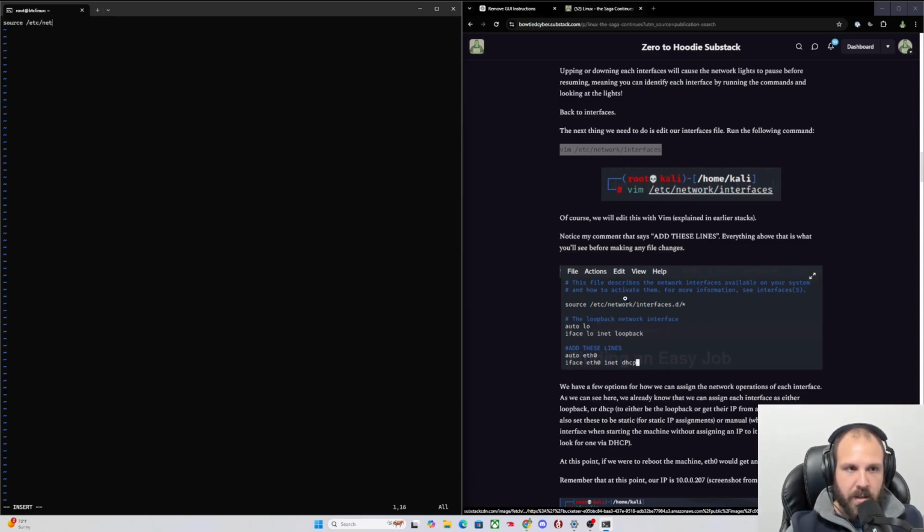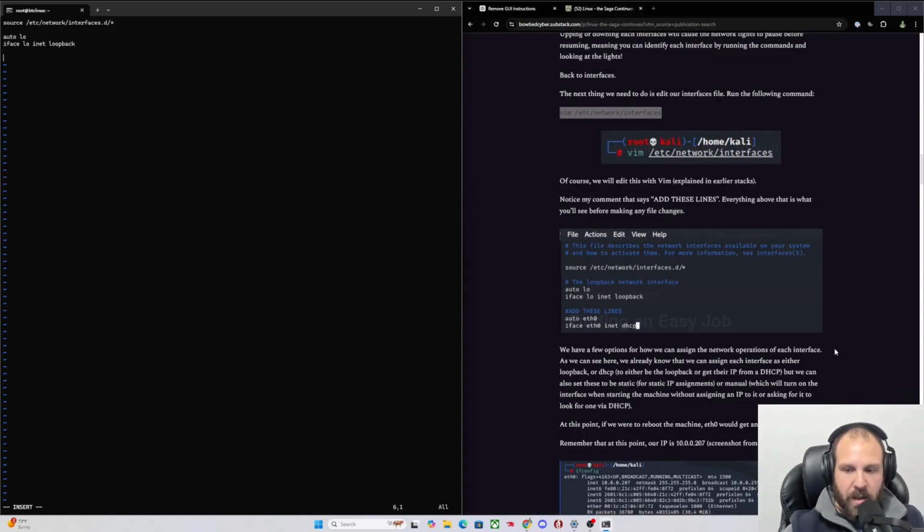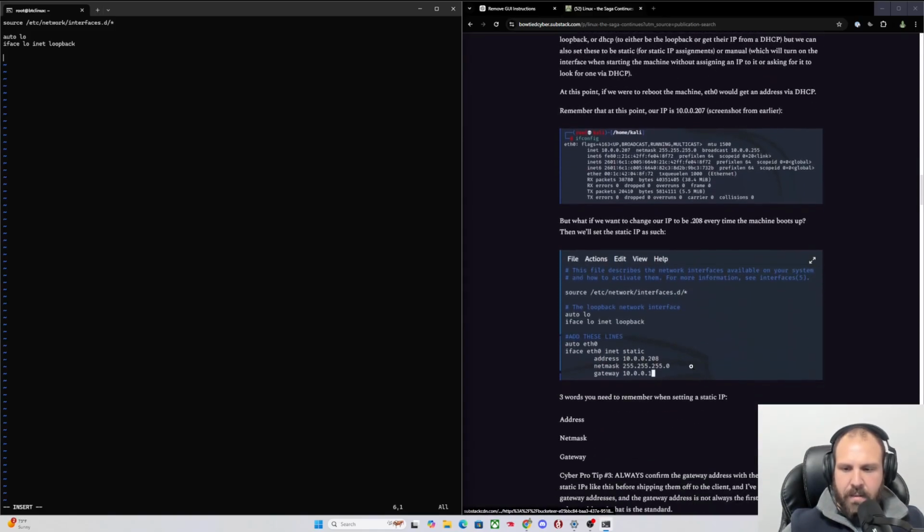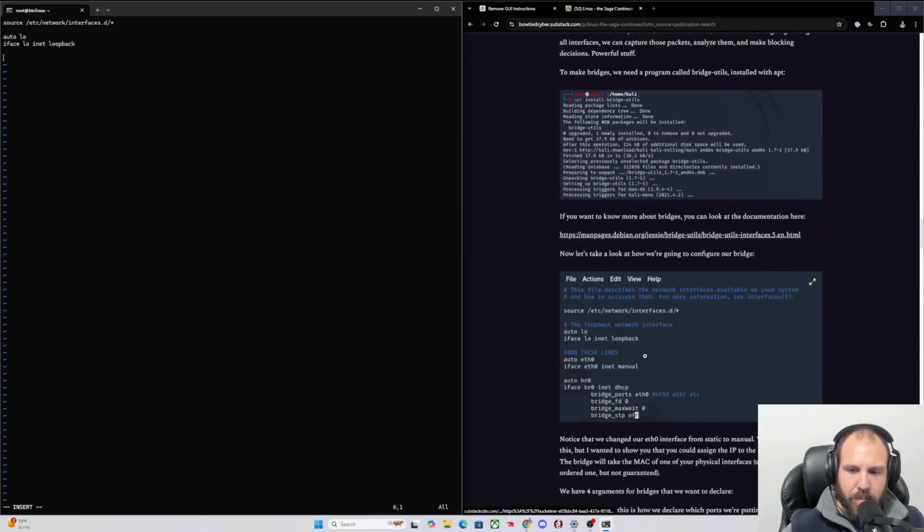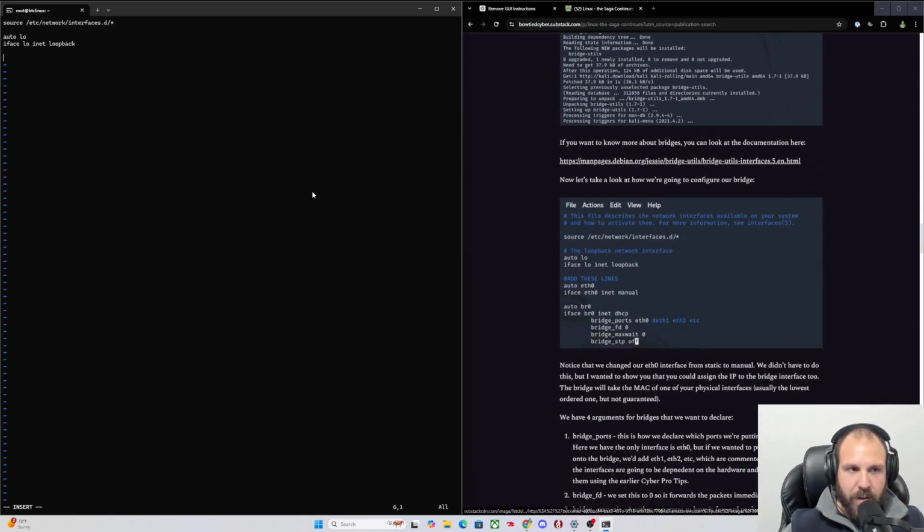Source /etc/network/interfaces.d/*, and then we're going to do the loopback. Auto lo, iface lo inet loopback. And then we want to make the transparent bridge, which I think it should say in here, because I'm trying to remember when we want to make the bridge. Inet manual, yeah, for each of those. So we're going to do